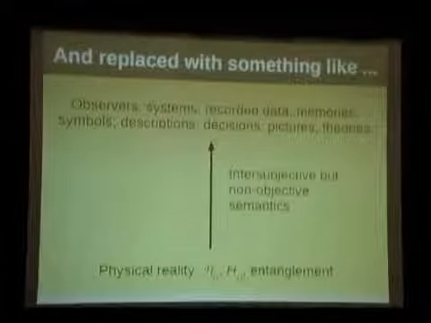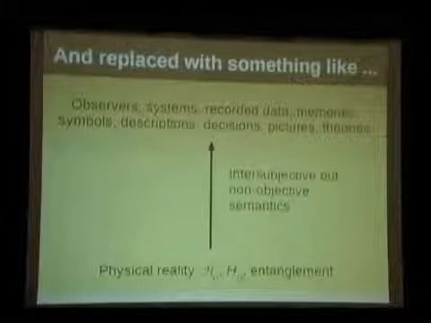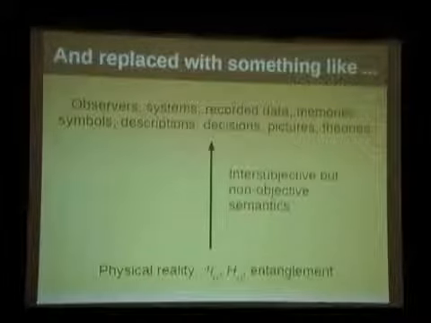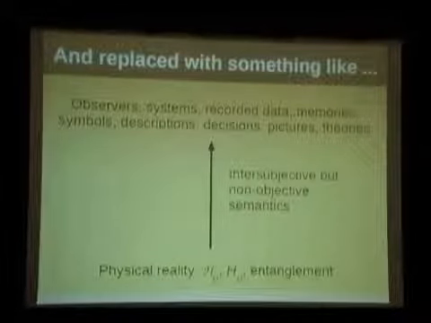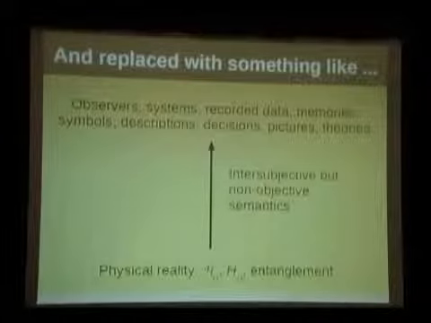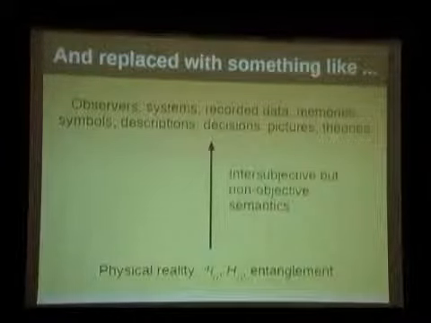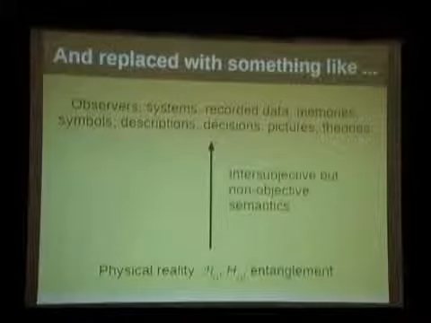So we need to replace it with something that looks like this. If we think of physical reality as what's happening in Hilbert space, as the Hamiltonian just doing its thing, then all this other stuff is semantics. All this other stuff is interpretation. And it's